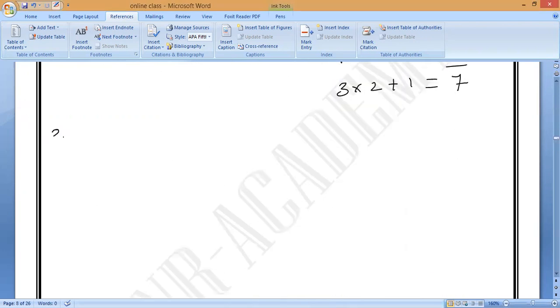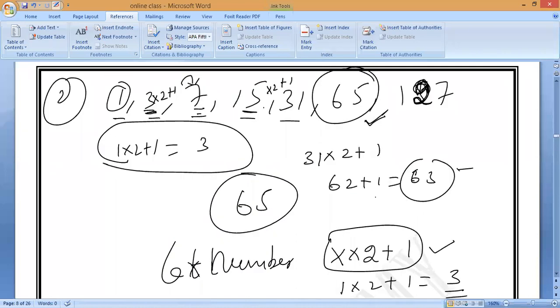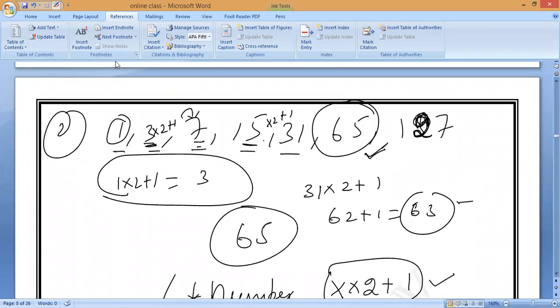Dileepan, are you there? Next question, Dileepan will answer. Sir, I cannot understand the question. This question is nothing; the pattern is 1, 3, 7, 15, 31, 65, 127. Some number is the odd one which is not following the pattern. A wrong number means it does not belong to this series. That is what we should identify.